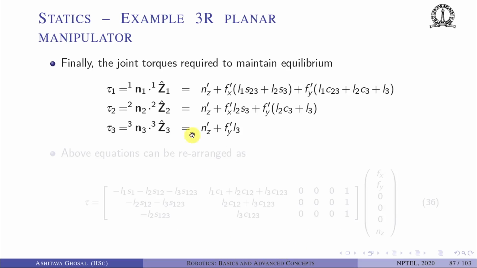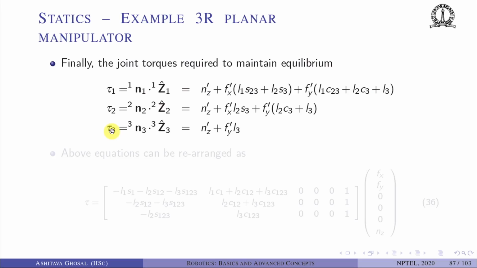Okay, so what are now the joint torques which are required to maintain equilibrium? We just take the z component of 1n1 for tau 1, z component of 2n2 for tau 2, and again z component of 3n3 for tau 3. In this case, we are looking at the moments because all the joints are rotary joints and they can